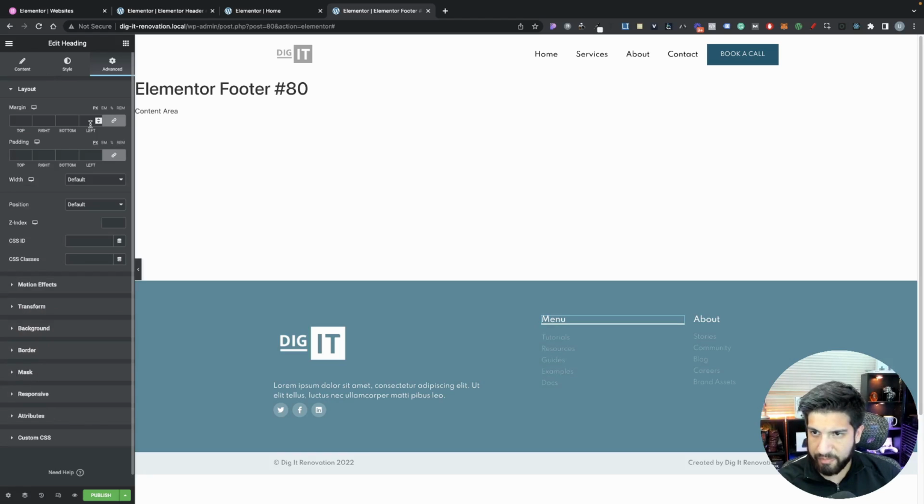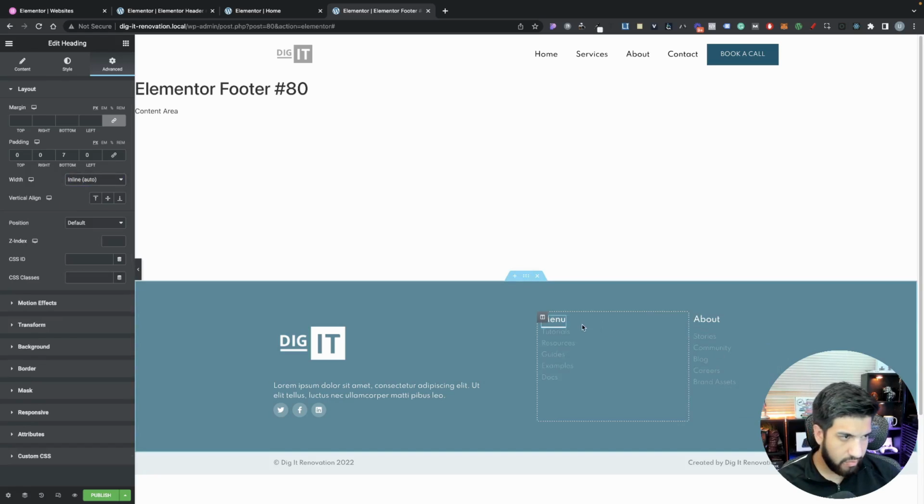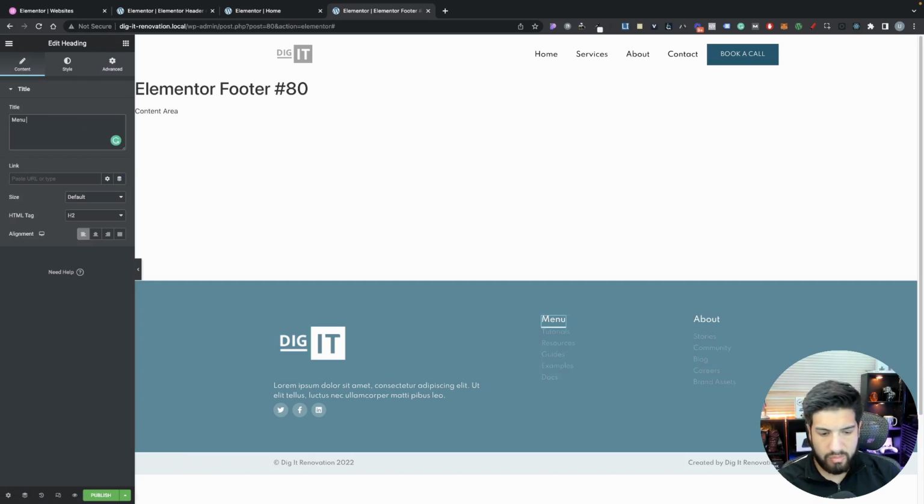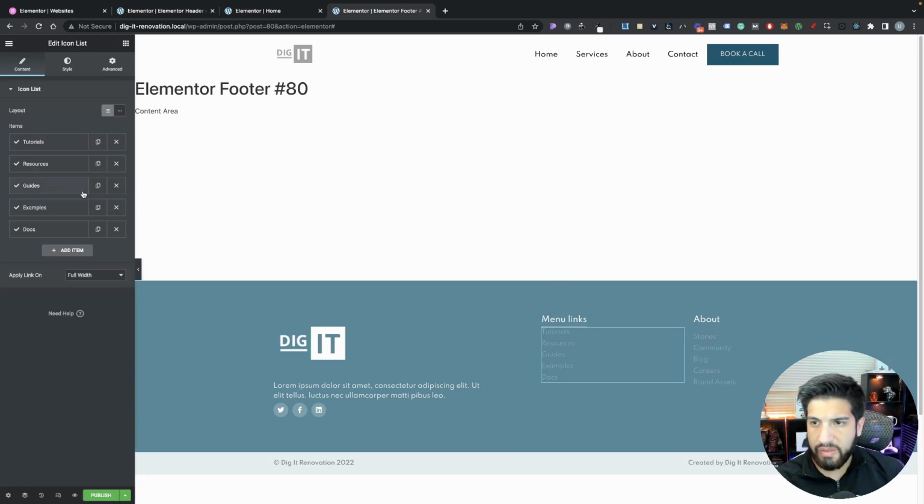Let's go to layout, go to padding. Let's add some padding to this so we space it out. 7, and then I don't like how it stretches out, so let's just do a width and let's set it to inline. There we go. And that works. If we wanted to make this longer, we can call it menu links. It's really up to you. And then this actually does work as well, except